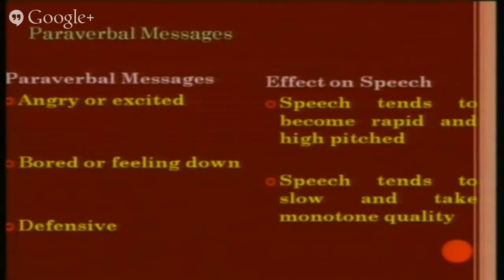इट विल बी वेरी लाउड, वेरी गुड। जब आप गुस्से में होते हो ना, खूब जल्दी जल्दी बोलते हो और खूब ऊंचा ऊंचा बोलते हो। जब आप बोर्ड फील करते हो, मैंने अभी बताया, देन टेंड्स टू बी स्लो और मोनोटोन। मतलब ये नहीं कि उतार चढ़ाव आएगा आवाज में, मोनोटोन से एक ही टोन पे बात होगी। जब आप डिफेंसिव हो तो अब्रप्टली बोलते हो, क्योंकि घबरा गए थे।